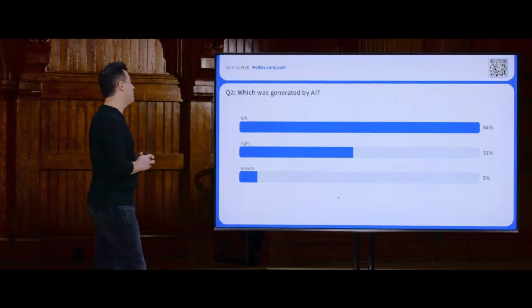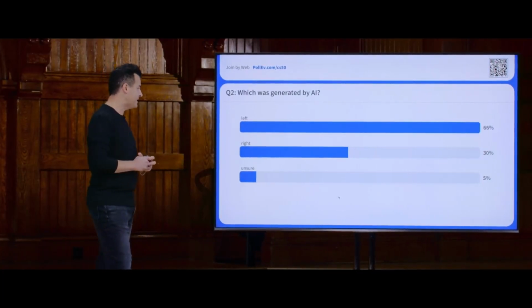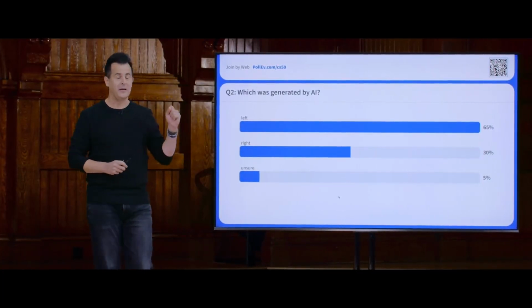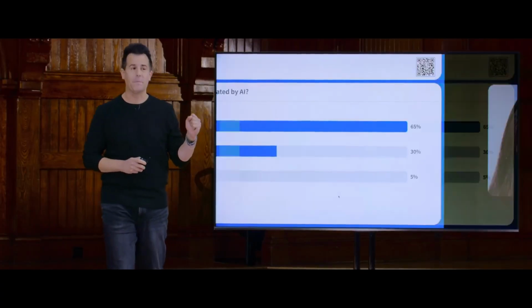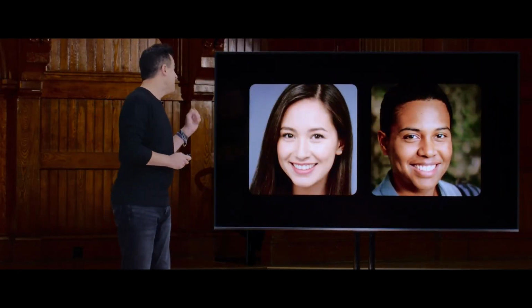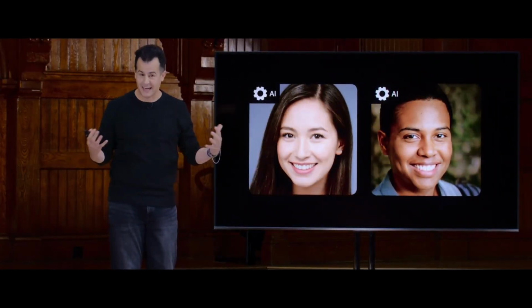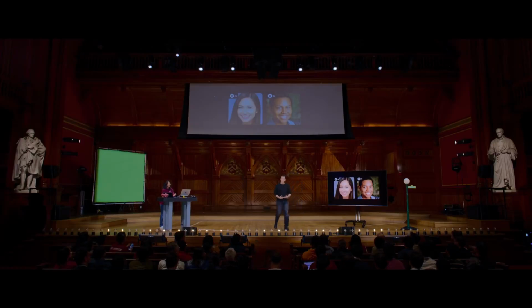All right, I want to take a look at the chart, see what the responses are coming in. A little closer in this case, but a majority of you think the answer is in fact left here, though 5% of you are truthfully admitting that you're unsure. But Kelly, if you want to swipe back to the photos, the answer this time was in fact a trick question. They were both in fact AI, which perhaps speaks to just how good this technology is already getting.